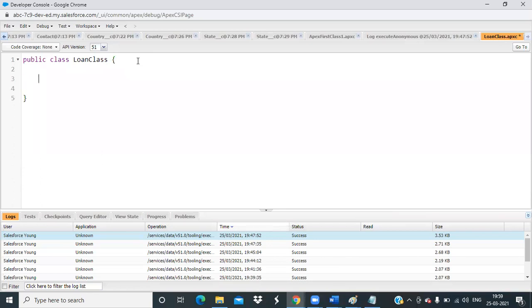There will be applicant name, loan amount.